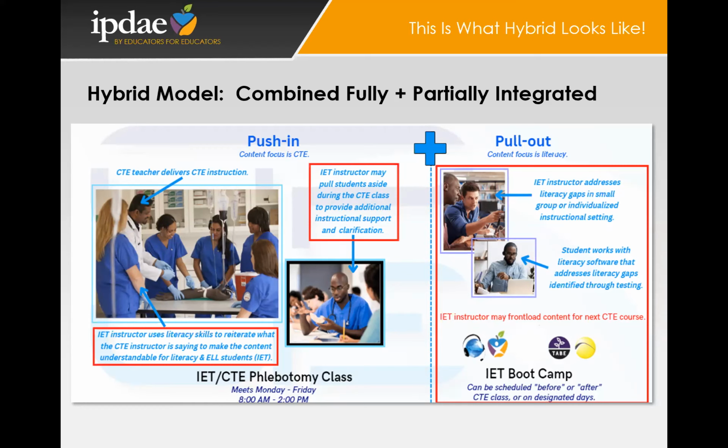Now, should the student need assistance or clarification, for example, the literacy or IET teacher can step in and maybe repeat the instruction for the IET students using some literacy strategies, right? Just to help them better understand that content. Another option is for the IET teacher to pull the student aside just to provide further instruction or clarification. And then the IET teacher can also help the student implement certain strategies to help them complete an